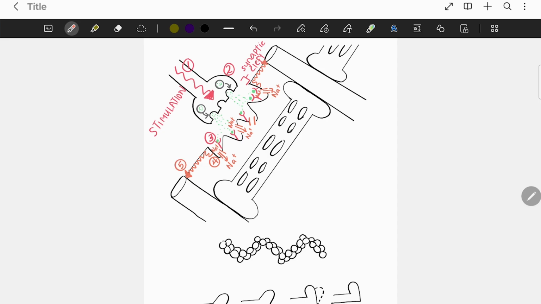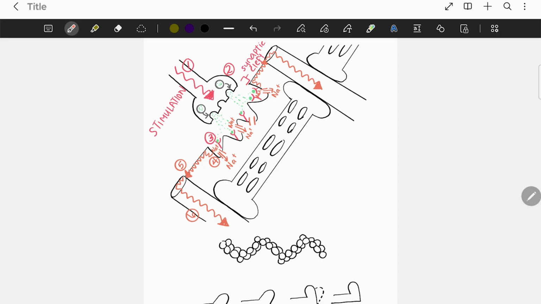Action potential spreads across the sarcolemma, and it's going to go down into the T tubules. From that sarcolemma, those T tubules, the little holes in the membrane, bring that action potential deep into this muscle fiber. So that's step 6. The T tubules bring the action potential deep into the muscle fiber to reach the sarcoplasmic reticulum. Okay, and this thing here that looks almost like a bone with holes in it, that is your